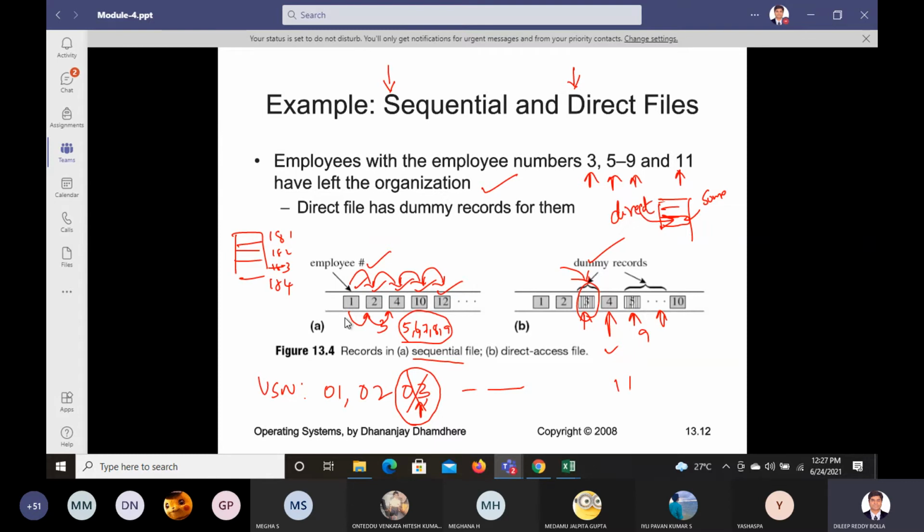Whereas here it's a sequential manner. You understood the difference? If the employees working in a company have IDs 3, 5, 6, 7, 8, 9 and 11, and these many people have left the organization, then if they are maintaining the records in a sequential file, they are just going to take them out of the file. That's all. In the direct case, in place of 3, somebody else will join, right? That record they'll insert, or we don't know, they may insert any other record. So it depends on the application, it depends on the person, and the perspective will change. This is how we have sequential and direct access.